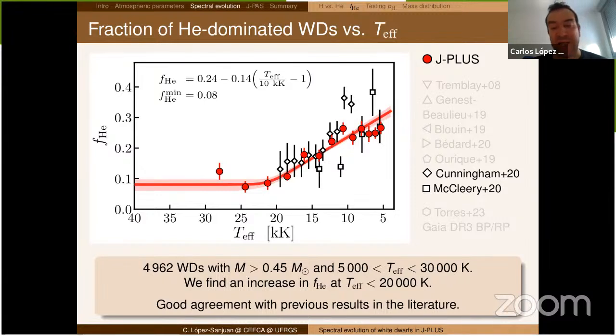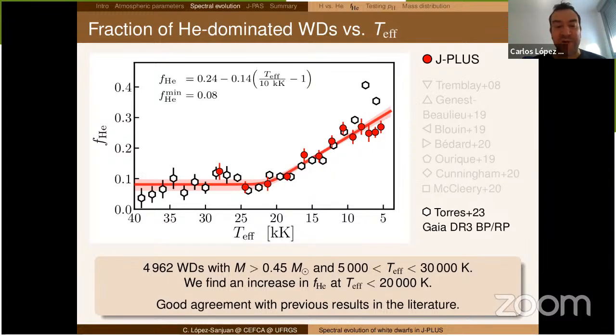So this work has already been done with the low resolution spectra from Gaia. And this is the comparison. This is a recent work from Torres, 2023, using this Gaia BP/RP low resolution spectra for the classification. And again, we found a very nice agreement almost till the end. Probably the higher values that they have at the lower temperatures can be explained with the problems that you start to have with the data at lower temperatures, because again, they didn't use a hierarchical Bayesian model to take into account these effects.